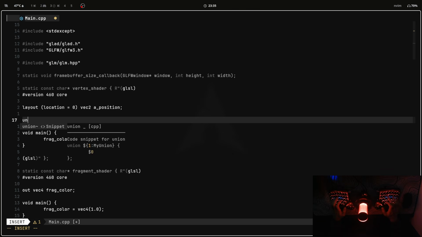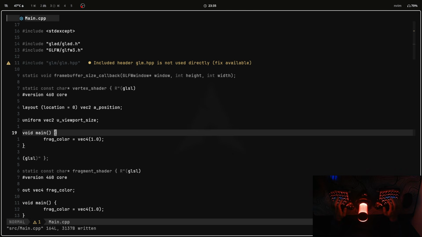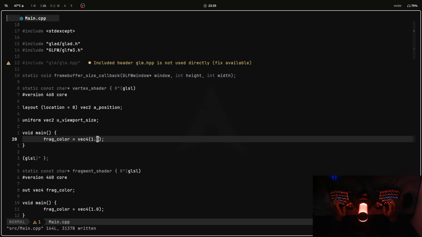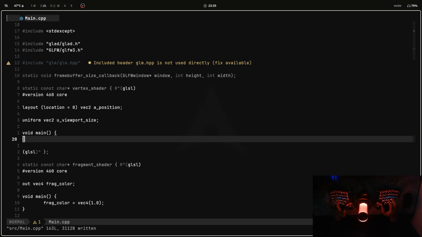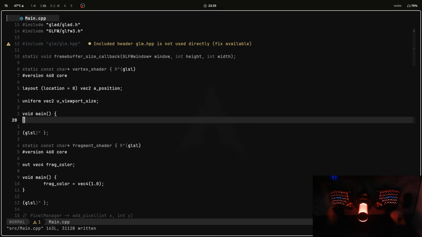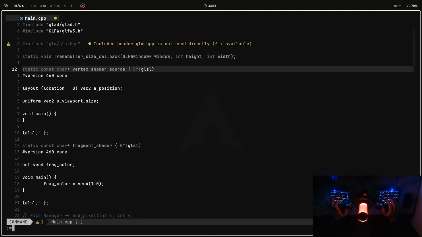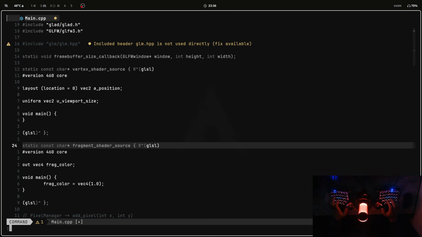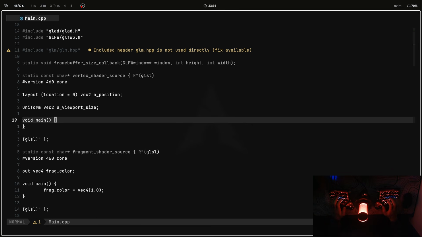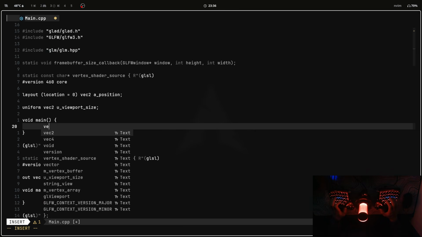And another thing we'll need is the viewport size, right? Since we are trying to render this with any size of window. And so what the vertex shader will try to achieve is that the position is normalized and centered in a way. And to do that we'll have to